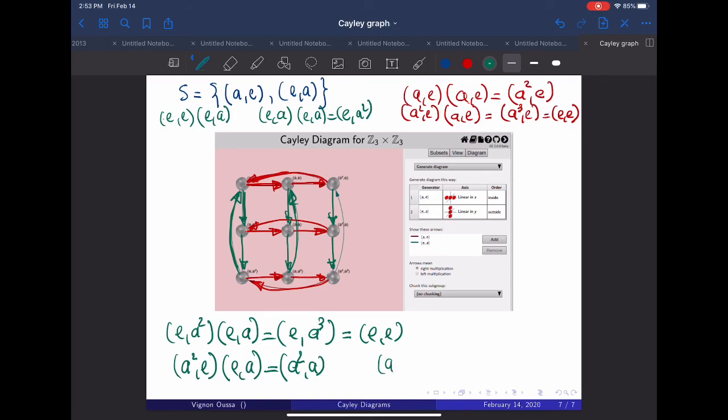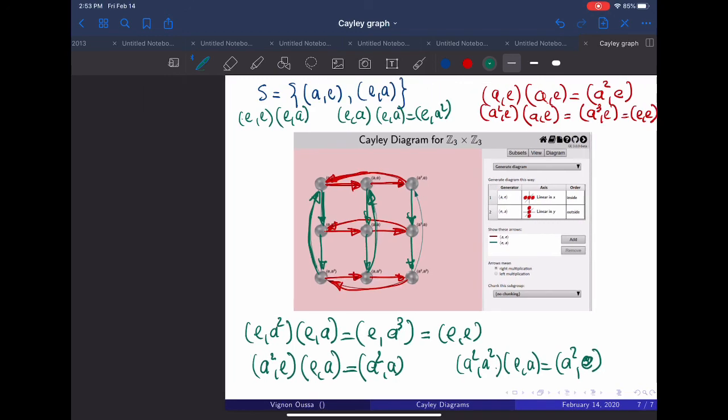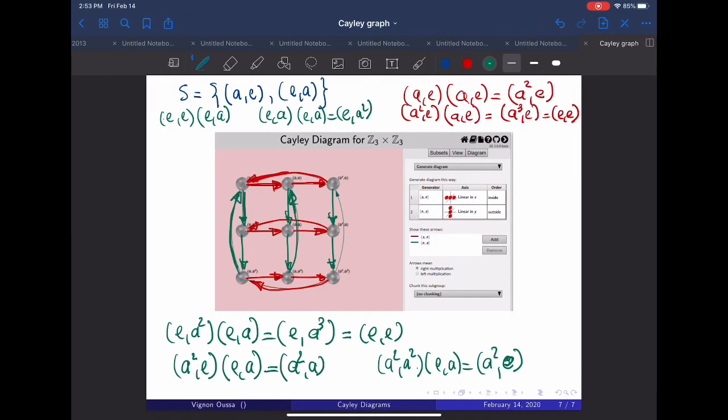If we take A square A square times EA, we're going to get A square E. So we're back here. And this shows the Cayley diagram of